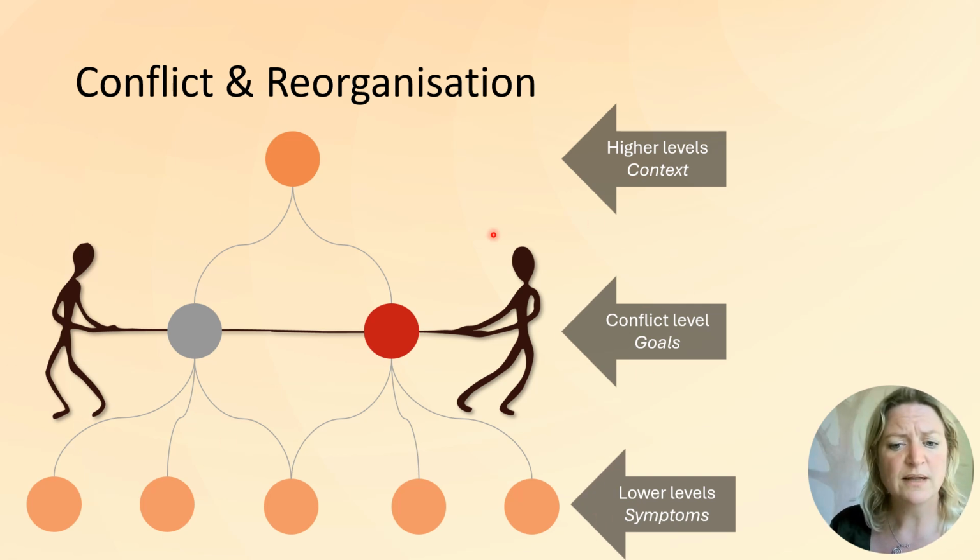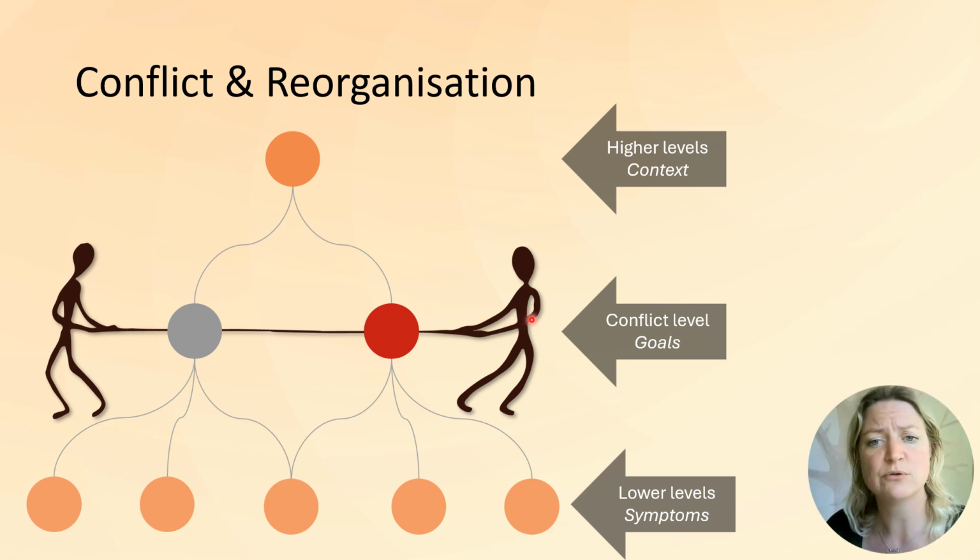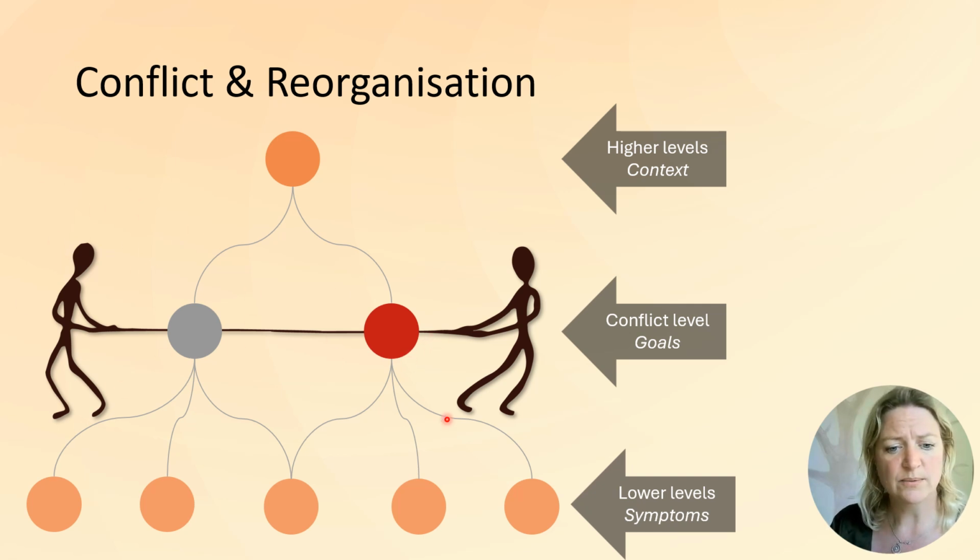And then there's a middle layer, and that's where the conflicting systems with contradictory goals reside. In our example, one system wants to finish reading and the other one wants to start cooking. So this is the level where the conflict takes place. But then there's the higher level, or higher levels, that are involved in this process, and this is the most crucial level for resolving conflicts, because it's there where the rules of the game are set, where higher level goals originate. And you're often unaware of this level.